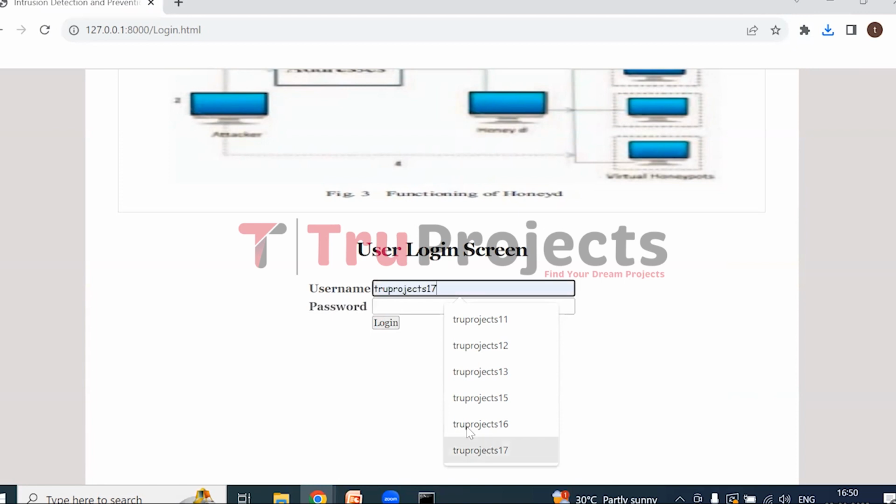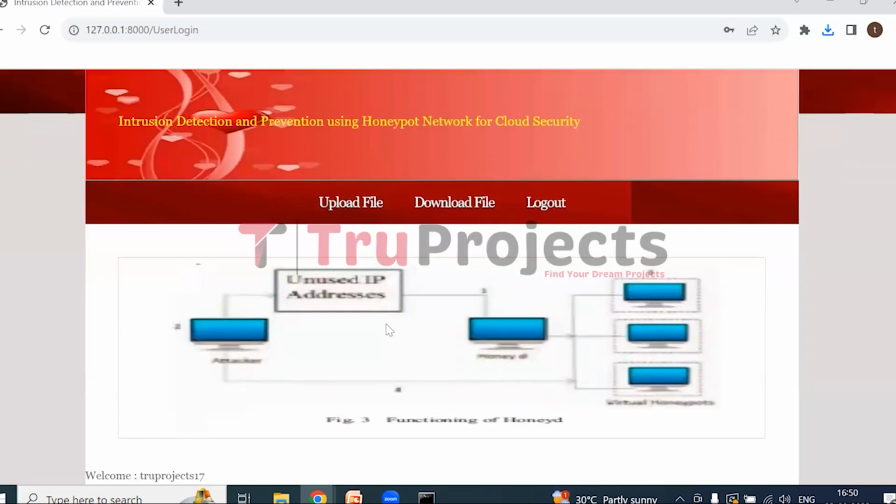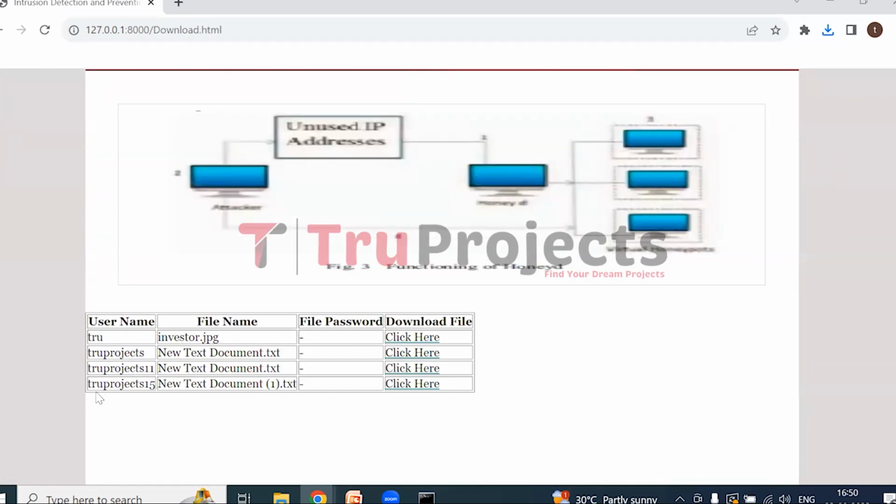Enter the username and the password and click on login. So we have logged in as the third user. Now click on download file. So here we can see that we did not get the file password because the first user has shared the file only to the second user, and only for the second user the password will be visible. Since the True Projects 15 did not share their file to the third user, the password is not present, but